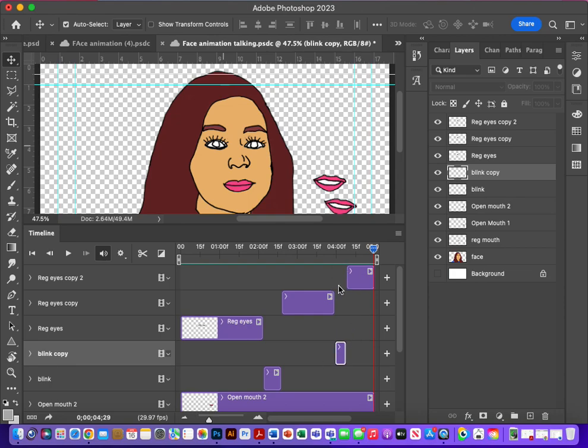Now I'm going to make sure this is saved. I'm going to show you one last little thing. I got a lot of layers here. It could get a little confusing. When I do the mouth, and I'm doing the mouth second, I'm going to make the mouth open and close a lot more, and there'll be a lot more layers. It'll get confusing. One way to keep things organized after you've done this is take your regular eyes, click on one of them,